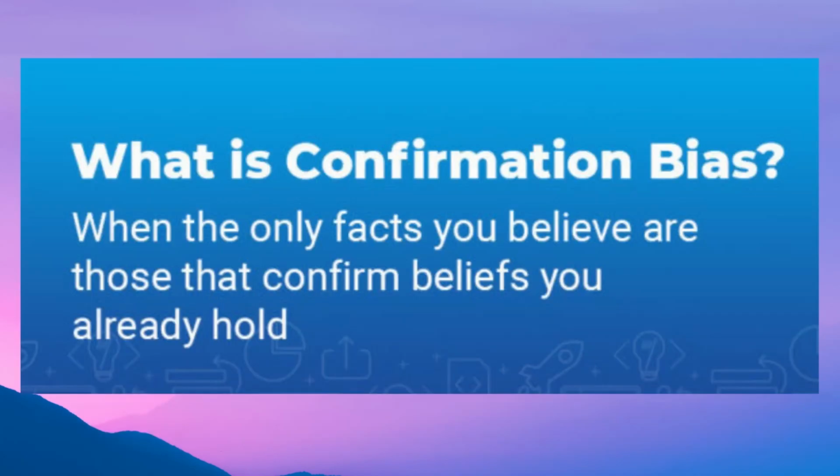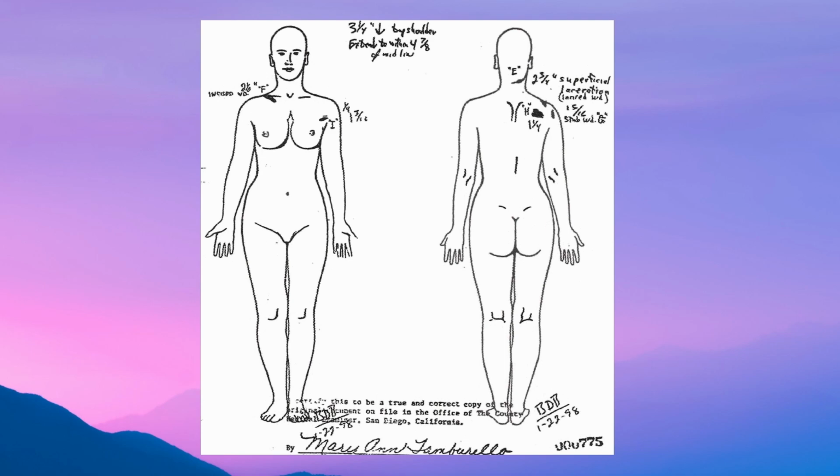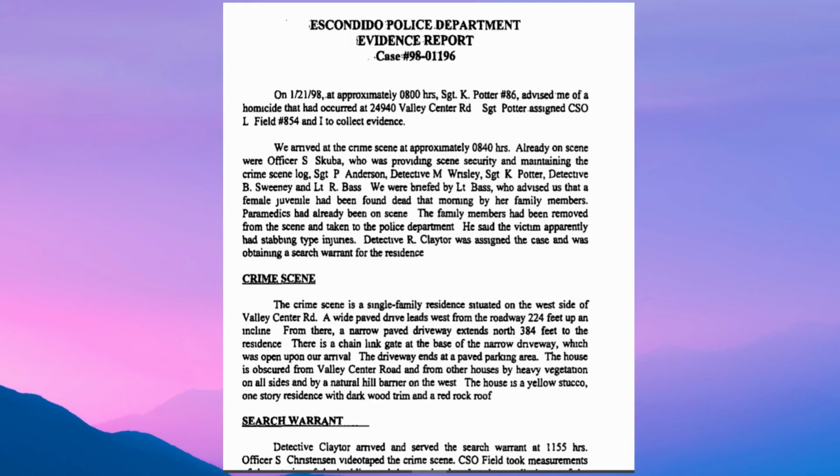This is the psychological process where a person collects evidence to confirm their theory, whilst excluding other evidence that does not. By studying the police reports and the evidence collection processes in the crime scene report, we see why this bias may have occurred. Although many items were collected, the evidence collection process seems undirected and in some parts erroneous.